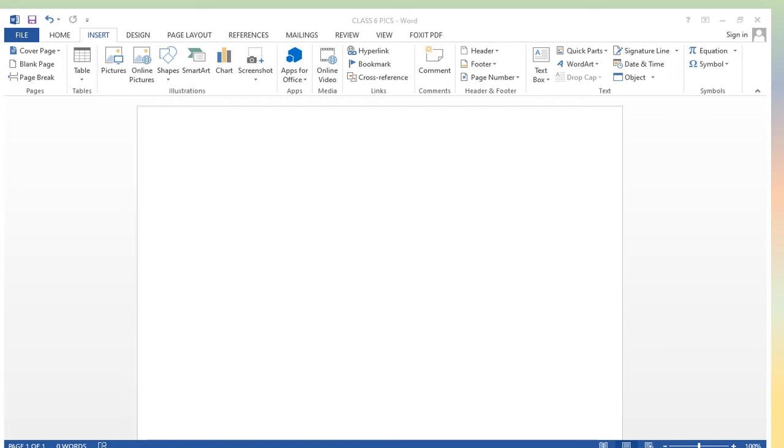Just below the Insert tab you will see the button Table, and under that button you will get one drop down arrow. When you click on that drop down arrow, you will get the Insert Table option. You have to click on that.